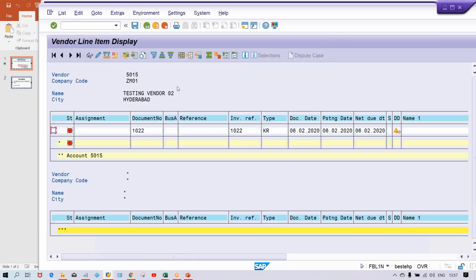Just execute here. So look at here, guys. There is only one open item, right? And it became due on 6th itself, right? But even though it became due on 6th, there is a problem. What is the problem, guys? If you have a look at the configuration,